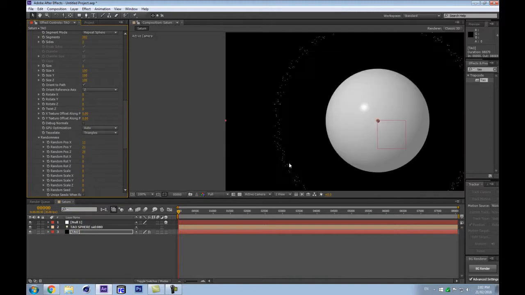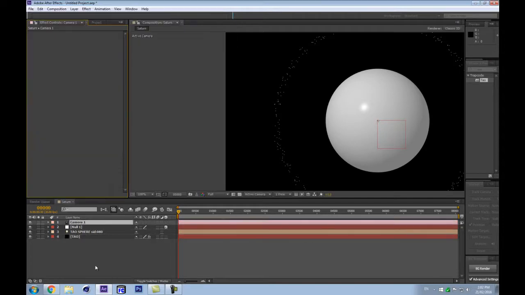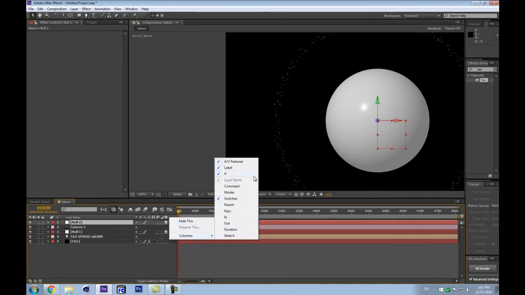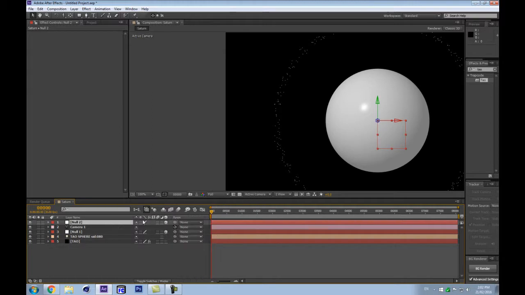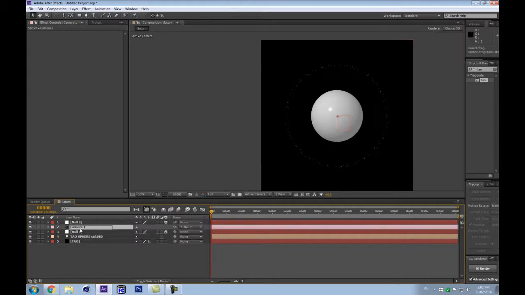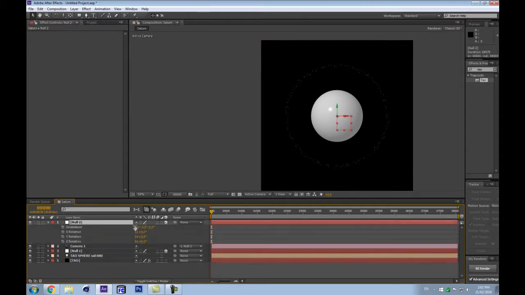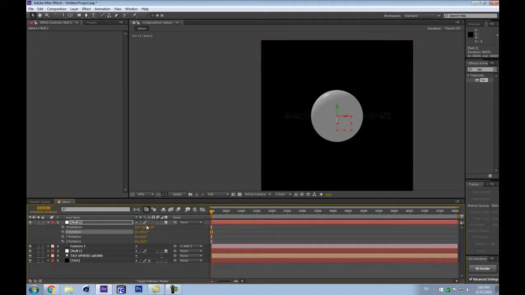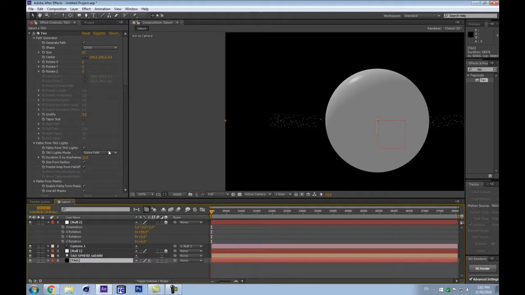And let's add a camera, 50mm, and I'm going to create a new null, make it 3D, and use it as a dolly, so I can have my camera stuck to something that's right at the center of my planet here. And if I rotate that object on X, for example, I can look at my planet through another angle. So if I put 90 here, we're just looking at it from the front,